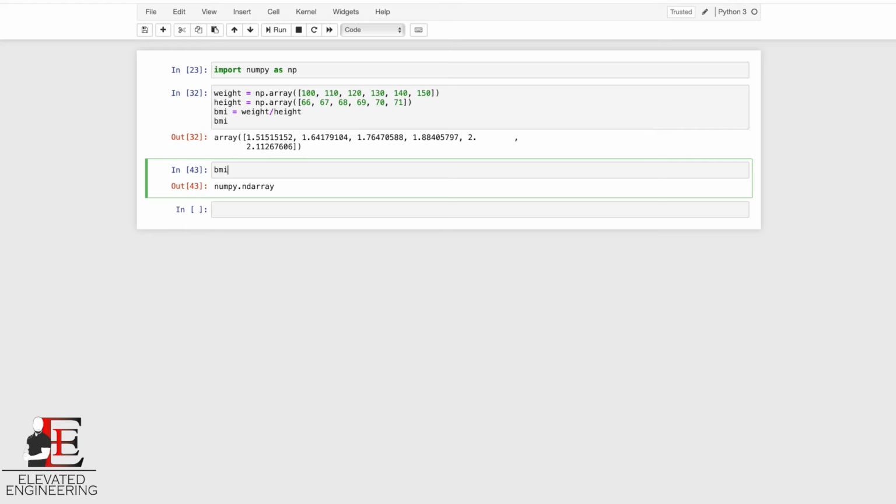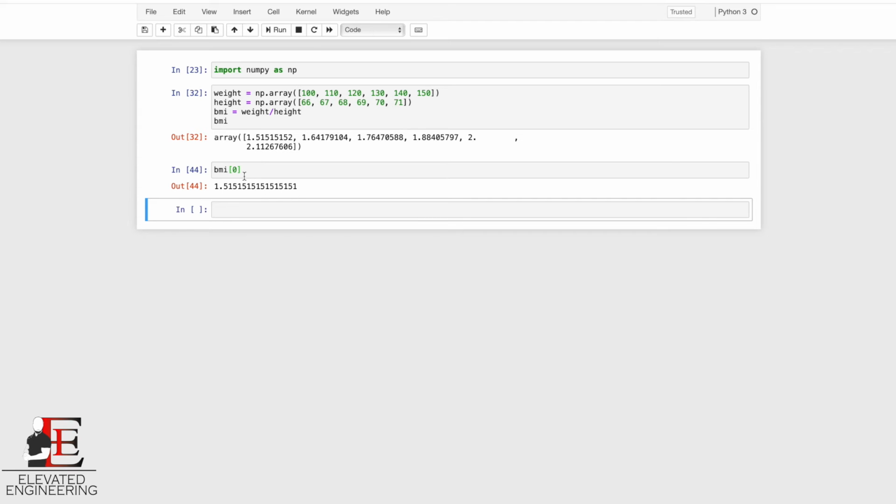Let's say we just want to select the first element in our BMI. Remember, when dealing with arrays, the first element always starts with 0, not 1. So if we deal with our BMI first element, it gives us this